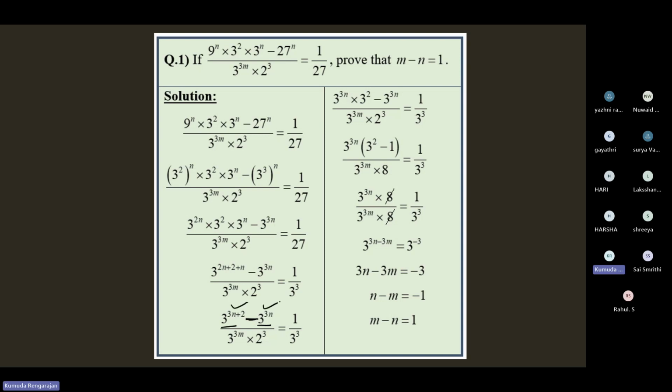So now what is common? We have two terms. What's common between these two terms? To understand that, we'll split this. We'll not split this one further because even if you have to write it, you can only write it as 3 to the power 3, the whole power n. Now this can be written as 3 to the power 3n into 3 to the power 2. And when you write this as 3 to the power 3n into 3 to the power 2, you can see that 3 to the power 3n is common between the two terms. I'll repeat this part. We're talking about how this can be written in a different way. See here, 3 to the power 3n plus 2. The earlier step, before this, could have been 3 to the power 3n into 3 to the power 2. Because when bases are same and it's multiplication,